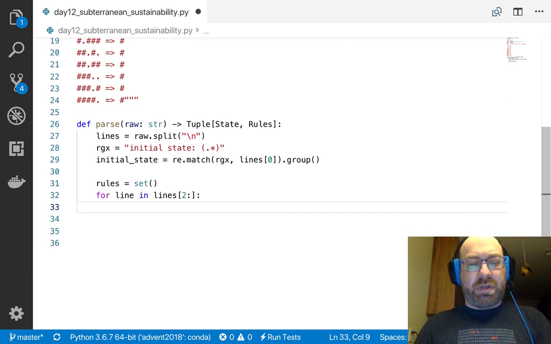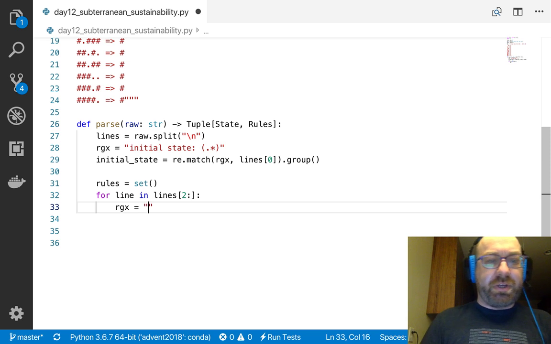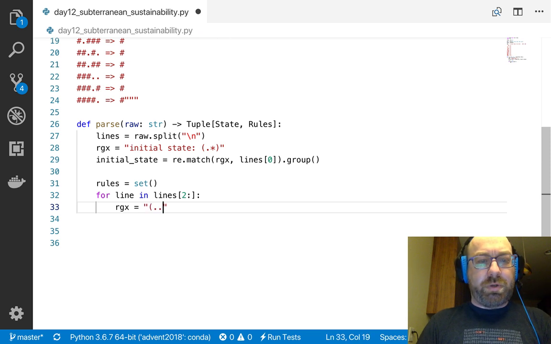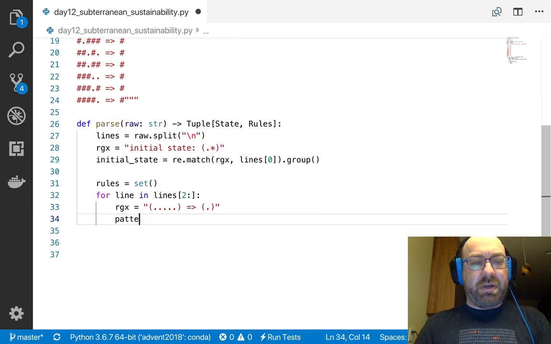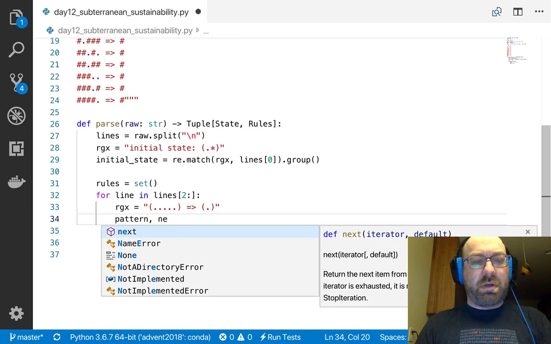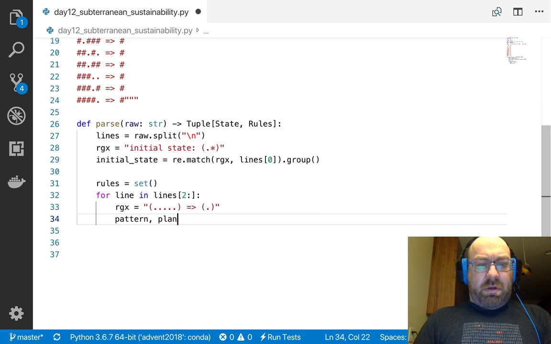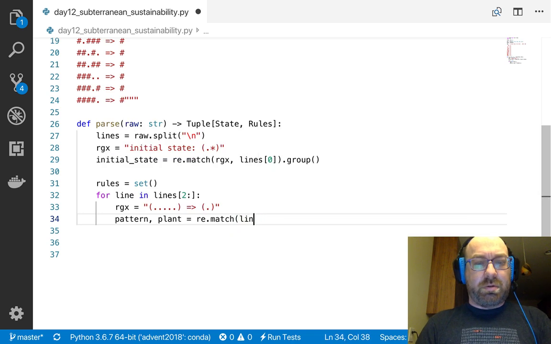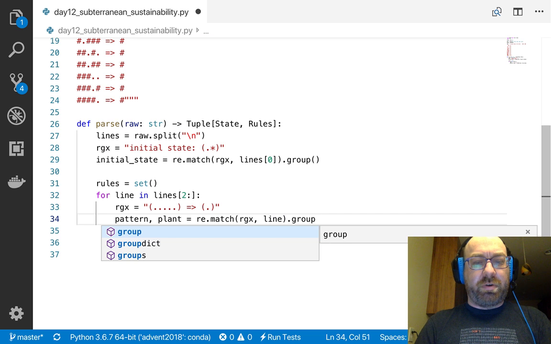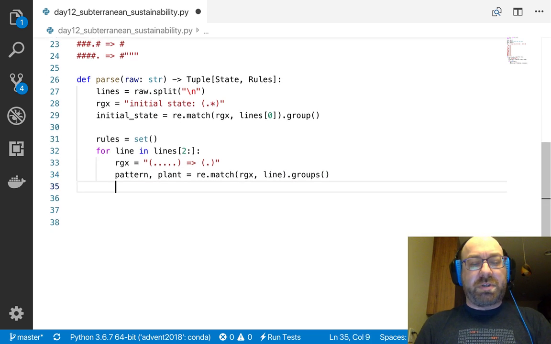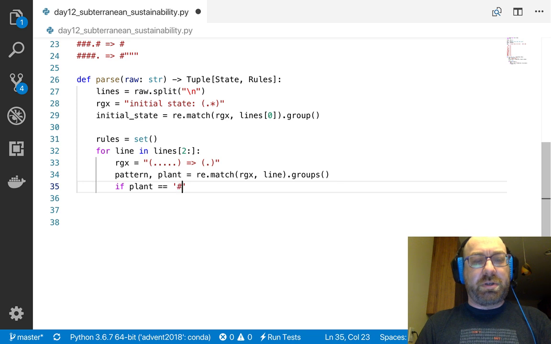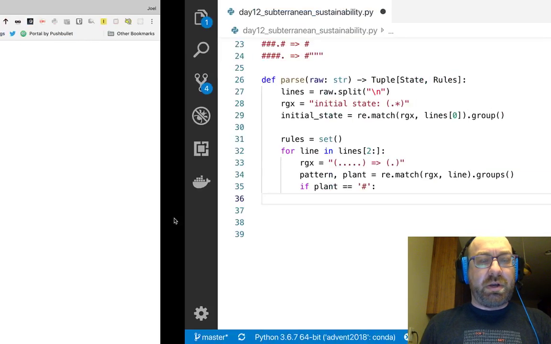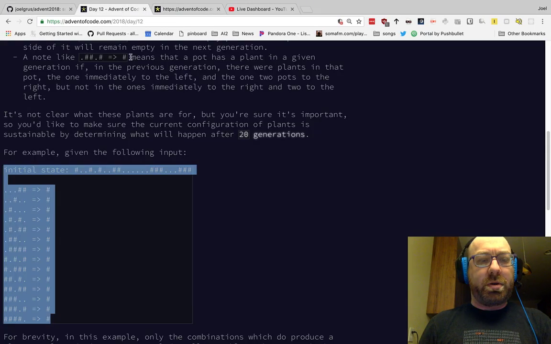And now let's get a new regex, which is 1, 2, 3, 4, 5 space equals over to the side, and then this, and let's say pattern plant equals re.match line regex line dot groups. And now what I'm going to say is if plant is turned on, which is I think what they said, right? If plant is turned on, then